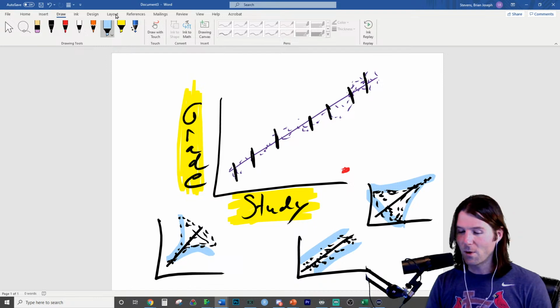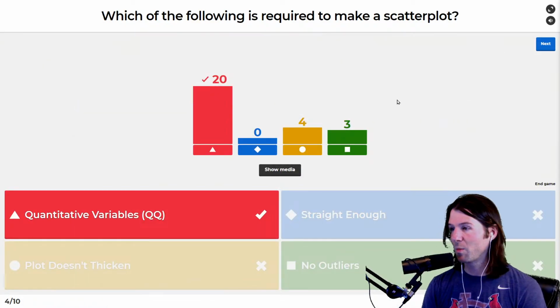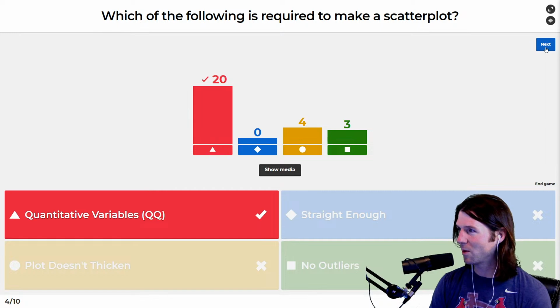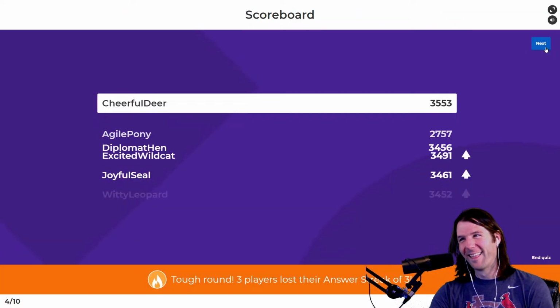QQ, straight enough. No outliers. Plot doesn't thicken. And the only one that is required to make a scatter plot is quantitative. You can make a scatter plot if it has bad things, but you have to have two quantitative variables. Great question right there, Lucy. But if the plot doesn't thicken, is the...